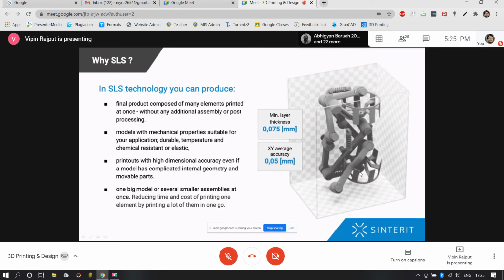So hereby we can actually print the moving assemblies, the conjunctions in a single print without the implication of supports. Because supports are something which actually requires a lot of time to print simultaneously. Then you have to remove those supports, then post process the part, and that is additional cost as well as additional time for the user. So thus, due to SLS, you are most welcome to reduce the supports and simultaneously print the assembly in a single go. So the other person can read the second statement for me.